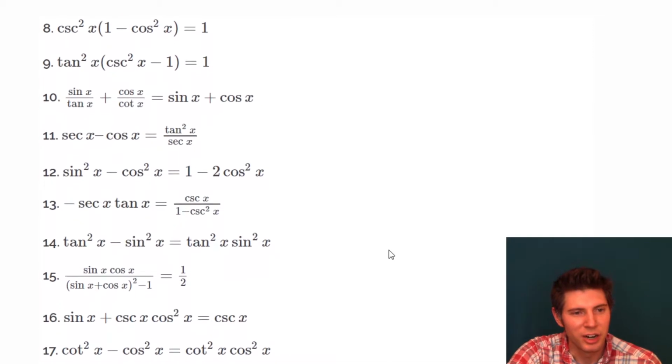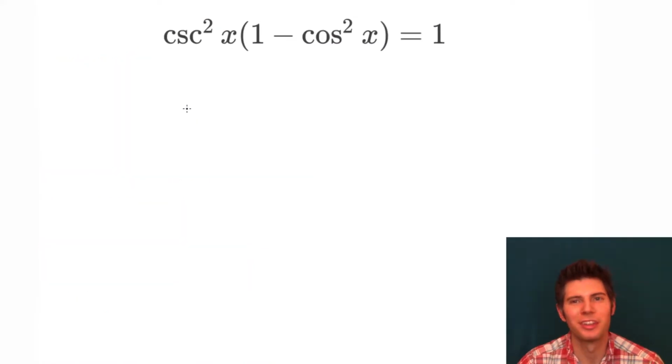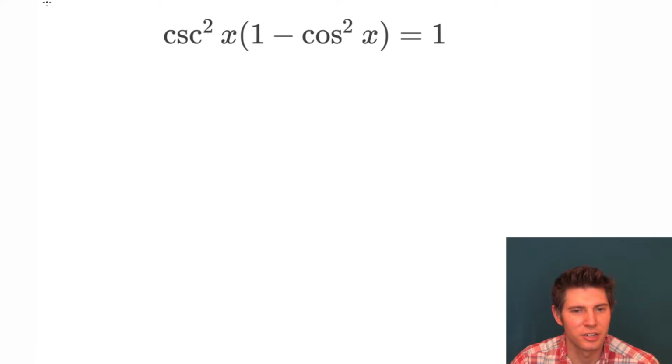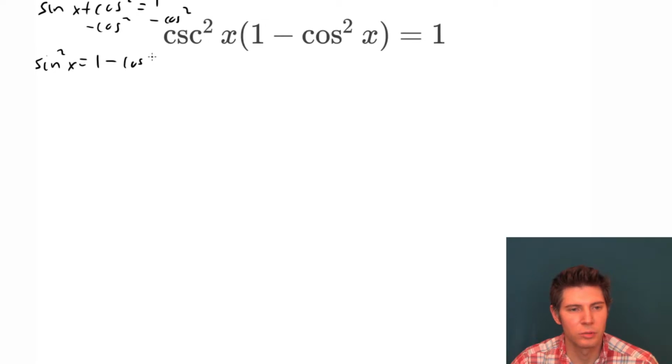So the next one is number 8, cosecant squared x times 1 minus cosine squared x equals 1. So for this one, 1 minus cosine squared, this is a Pythagorean identity. So we can play with it for a second, see what that changes into. It's sine squared x plus cosine squared x equals 1. And now we're going to subtract cosine squared from both sides. So we get sine squared x equals 1 minus cosine squared x. And that's what we have here, 1 minus cosine squared x. So this changes into